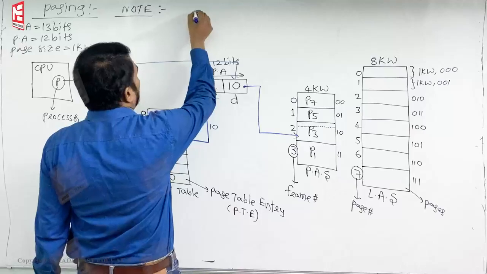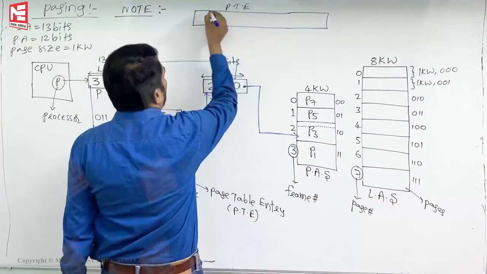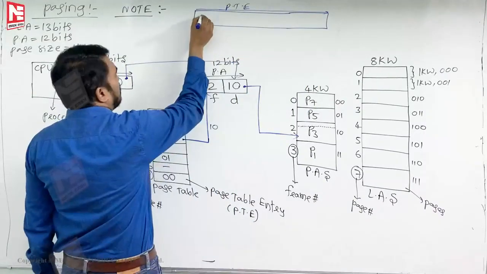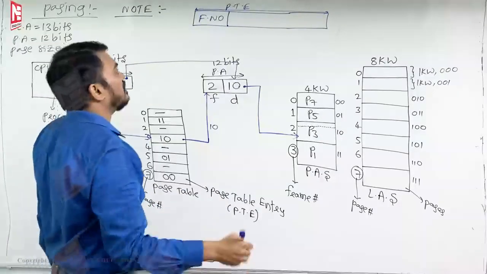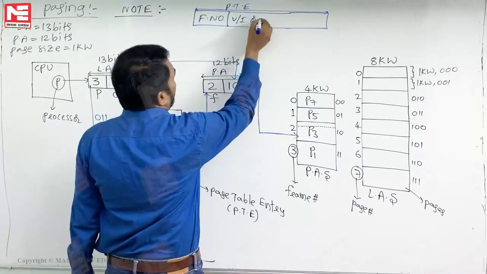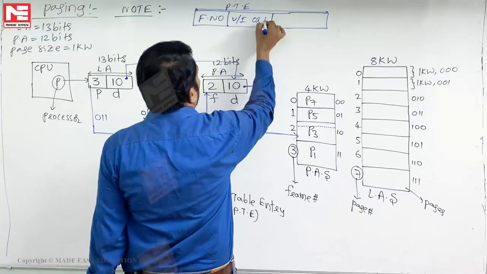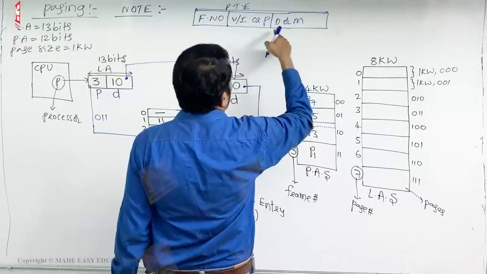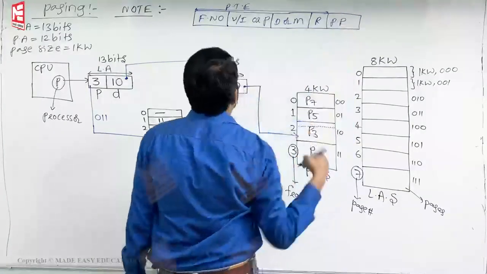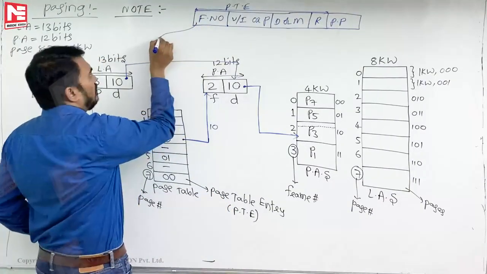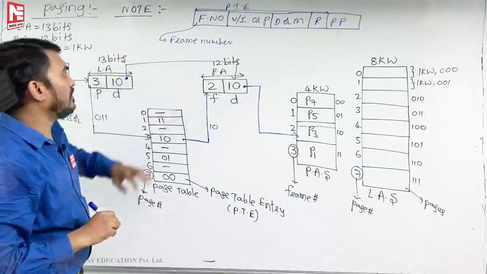Copy this, so let's say this is a page table entry. Page table entry definitely contains what, frame number, copy करो अच्छे से. Along with the frame number sometimes it will also contain additional bits. What are the additional bits? Next, valid invalid bit or present bit. Dirty bit or modified bit, D or M मैं लिखता हूँ. Next, reference bit. Next, page protection bits. So लिखो अच्छे से, बताओ first one is what, frame number. बताओ frame number एक बार बताओ, पहले stop copying, now tell me, frame number is also called as